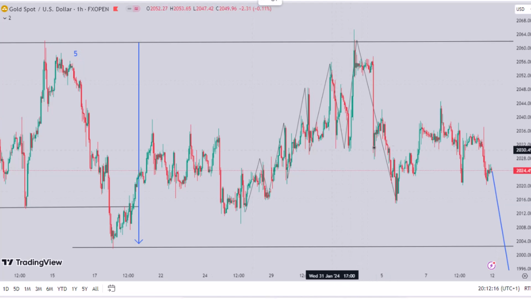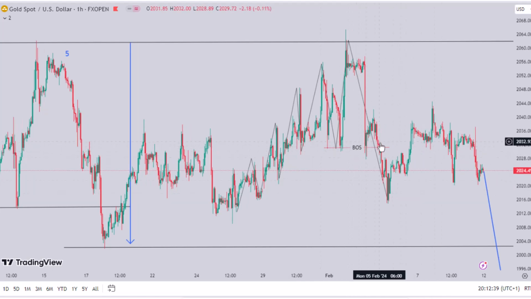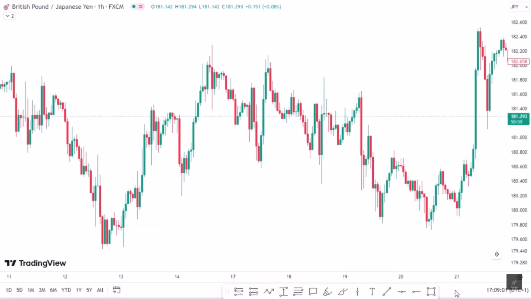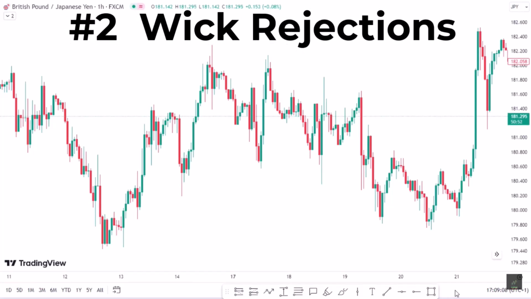at this point in time, right there, we say break of structure. Once price breaks this lower point, it then retraces and starts moving in accordance with the what? Daily time frame. So basically, this is how you analyze the structural flow of the market so that you cannot get trapped. On the hourly time frame, whenever you see a weak rejection, it signifies that that zone is a zone of what? Interest.